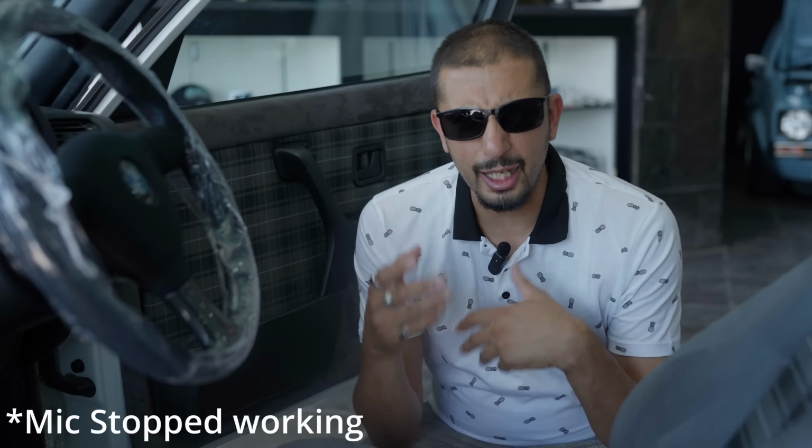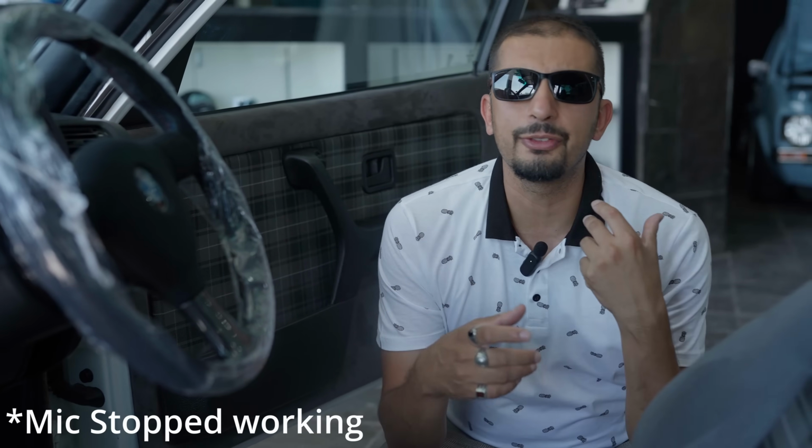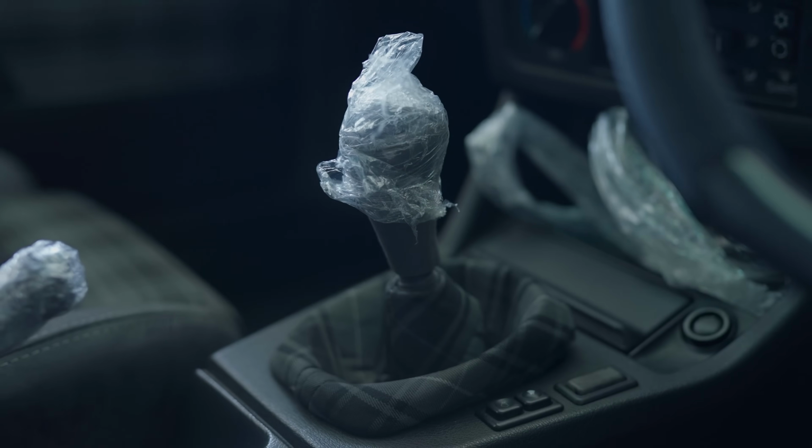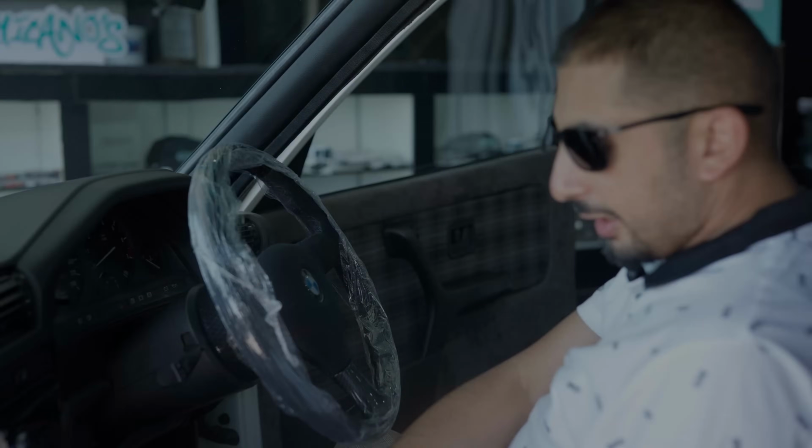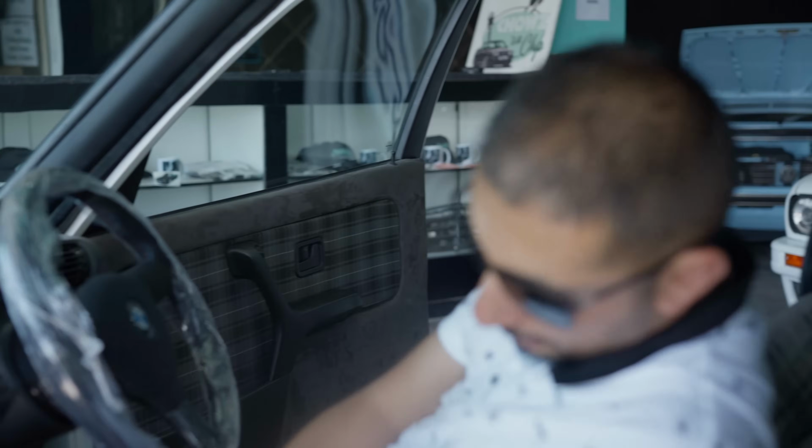And Mano grew tired of it, especially after he saw a few of the other E30 interiors we did, and wanted something different. So Mano brought the car back to us to kind of upgrade the interior. So what we did is we retained the Caro centers. We added a light gray Alcantara, but to take it a step further, we decided to match the gear boot to the Caro. And in order to tie in with the Alcantara feel,